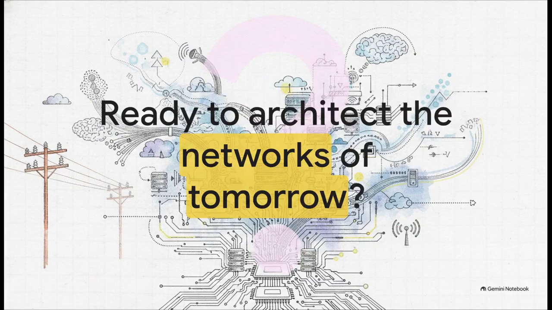Which brings us to our final thought for today. Seeing how we've evolved from Samuel Morse's isolated copper telegraph wires all the way to a highly programmable global nervous system, what role are you going to play in shaping the autonomous networks of the future? We are standing right on the edge of AI-native 6G-driven networks where the physical and digital worlds completely merge together. The possibilities are